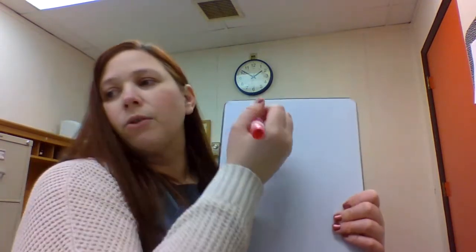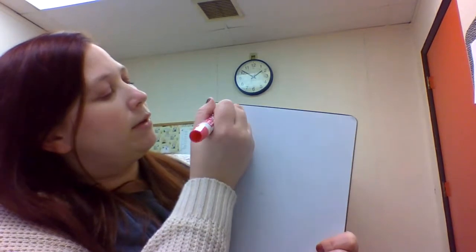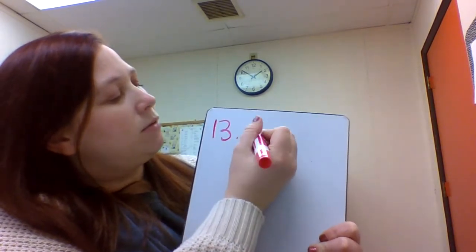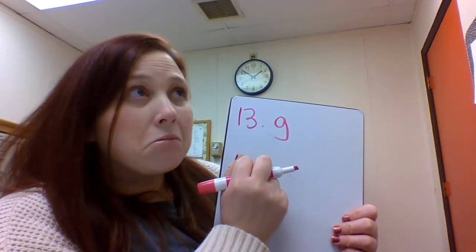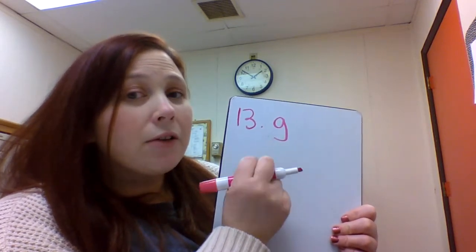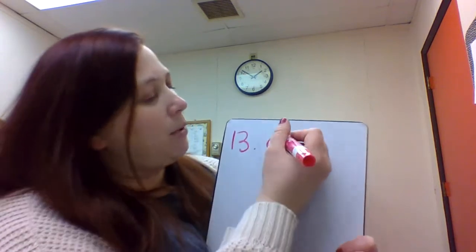Let's go to number 13. We're going to spell gnat. So the KN and the GN are a little tricky because they both have a silent letter at the beginning and then an N. But with gnat, we have G